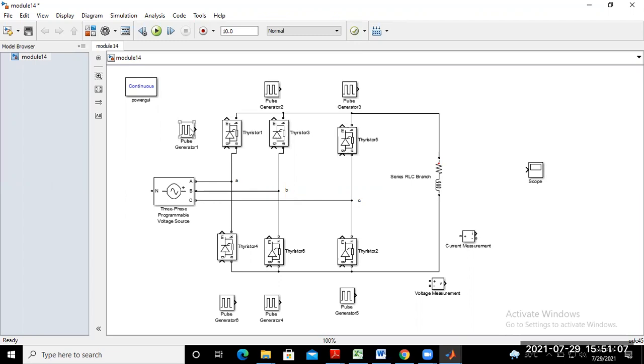So pulse generator 1 is given to thyristor 1, pulse generator 3 is given to thyristor 3, and pulse generators 2, 4 and 6 respectively.